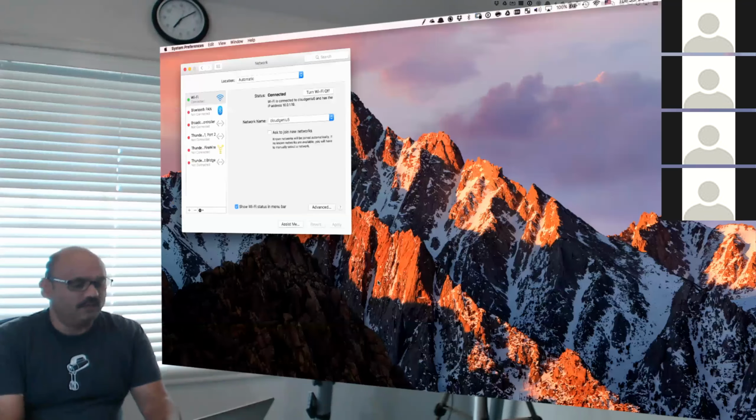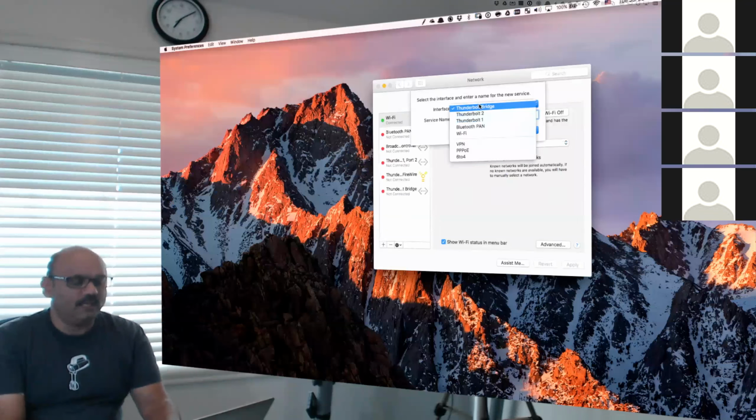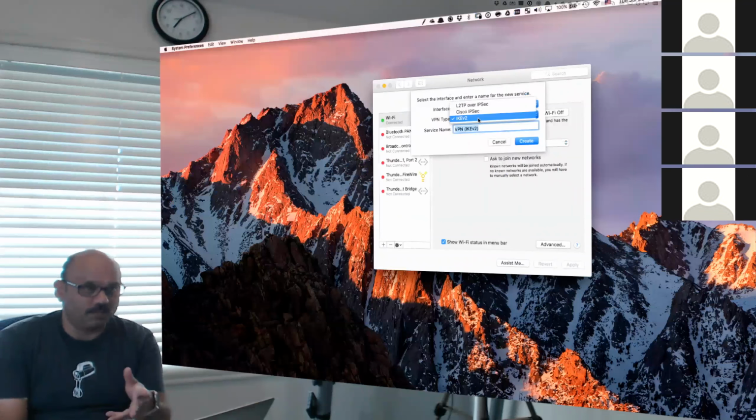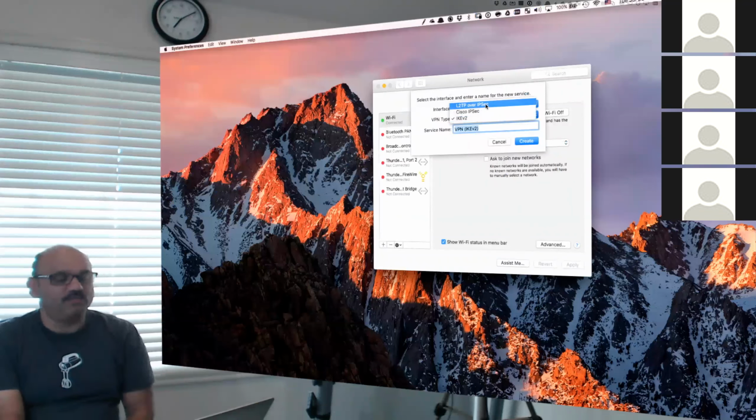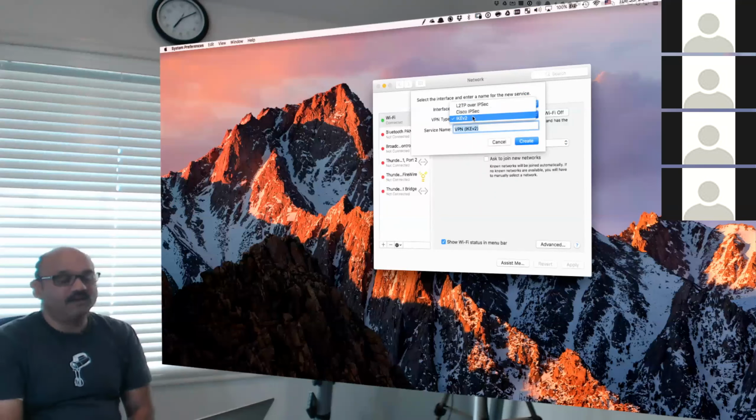So if you try to set up a VPN, like go plus and say, give me a VPN. Here are the types, at least 3 supported in this machine. L2TP, which is a Microsoft technology. The other type is Cisco IPsec, which is a Cisco technology. And the third is IKE v2, which also has an open source implementation available already. By the way, open source implementation for these 3 protocols already exists.